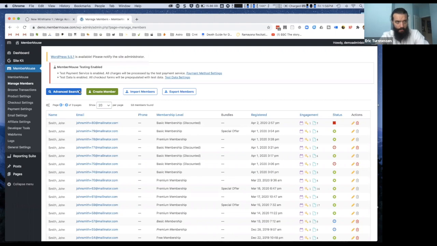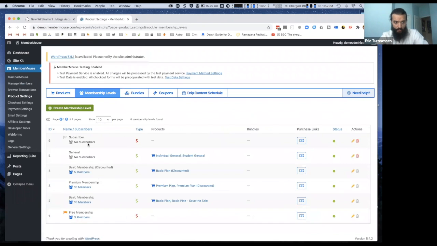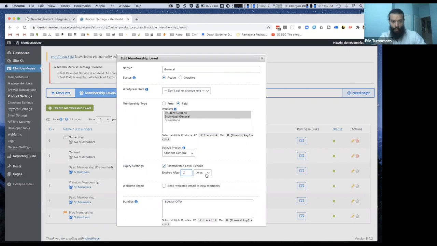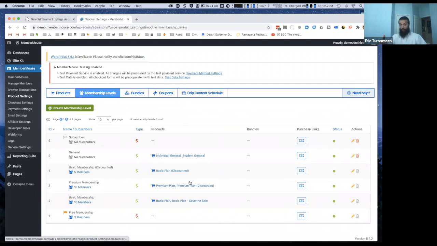Yeah, if I'm understanding correctly, I think you can do this. Specified time limit. So essentially you want to give people access for a year for a one-time price with no recurring billing. Basically, you just need to set an expiry setting on the membership level. You see down here, the membership expiry settings: membership level expires after 12 months, let's say. And you really only would ever do this on a membership that's either free or